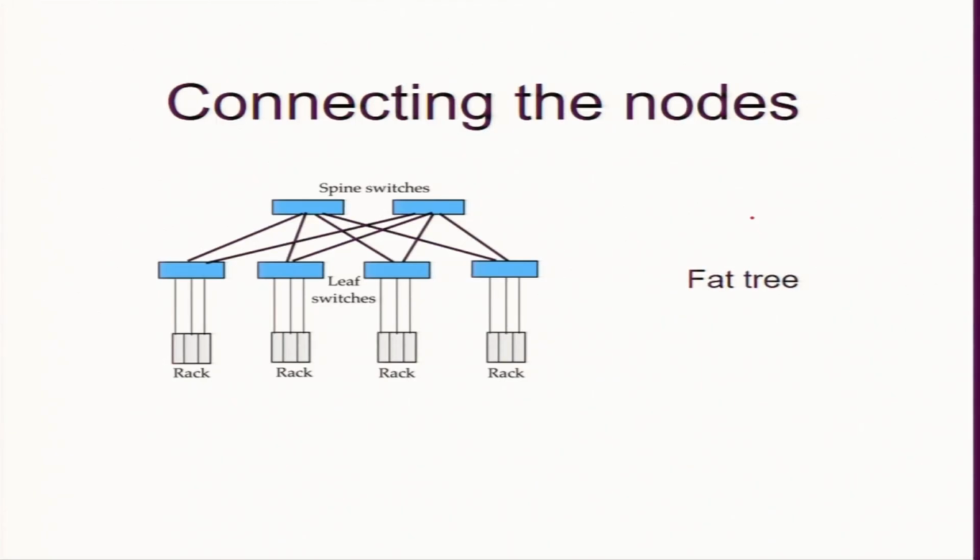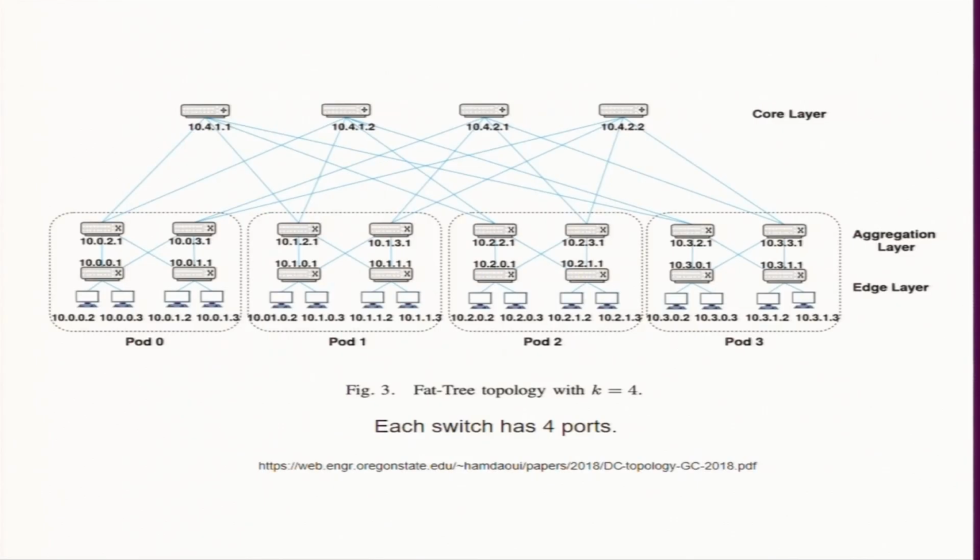So, we have now HPC. Our supercomputer is connected by a fat tree. These are racks and this is called leaf switches. Level 1 is leaf switch and spine switch. So, in a tree there is a spine and then there are leaves here. Maybe not so important, but this is a nice thing to learn.